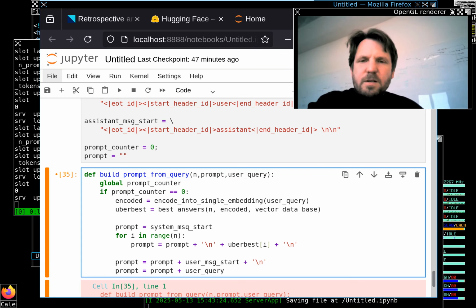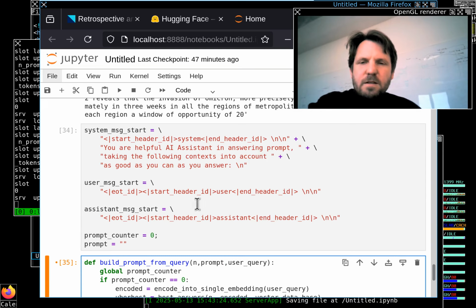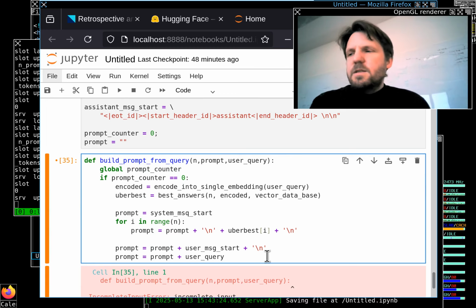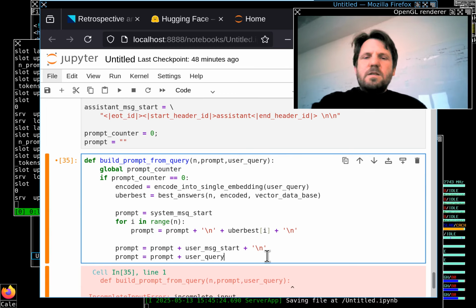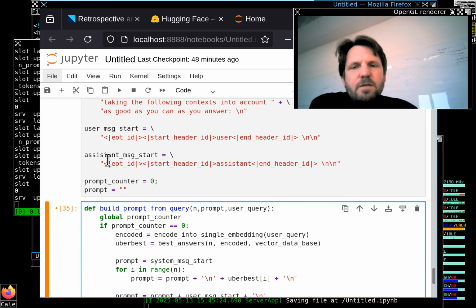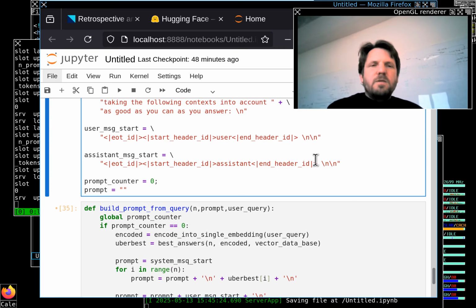So right now I have this here, and then I add a line which is not one line, but the whole query that the user asked, as a string. And then we terminate this with a new line here. And then we have again the system message, because we want the LLM to answer. So the LLM did all this, and then it knows, okay, the next token will be the